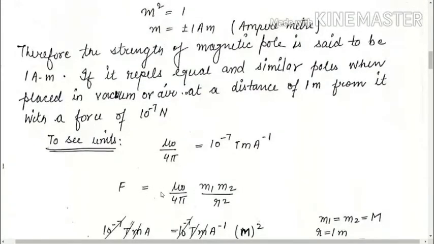And to see how the Newton unit becomes ampere meter, you have to consider the unit functionality, that is, mu naught upon 4 pi is 10 raised to power minus 7 Tesla meter per ampere. That is from the Biot-Savart law. When we did the Biot-Savart law and its applications, it is clearly mentioned in the lectures how mu naught upon 4 pi comes with the unit Tesla meter per ampere.